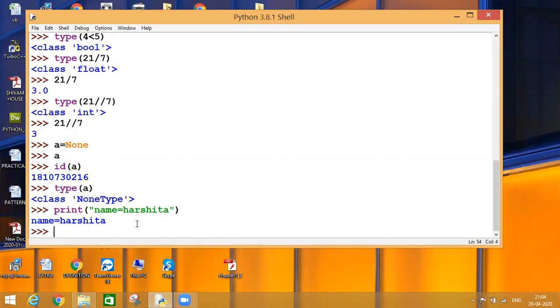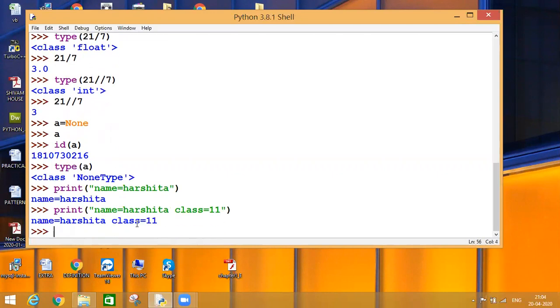If I ask you to write name and class all together, how will you write it? Now you can say class is equal to 11. Now execute it. It will print in the same line, but I want you to print both things on separate lines. So what can I do over here?